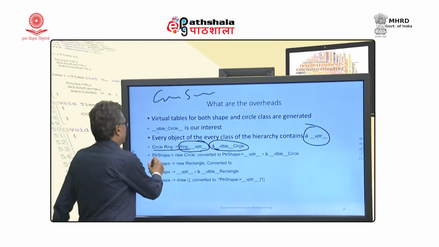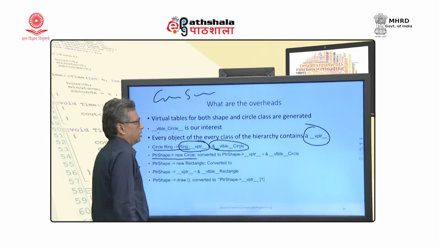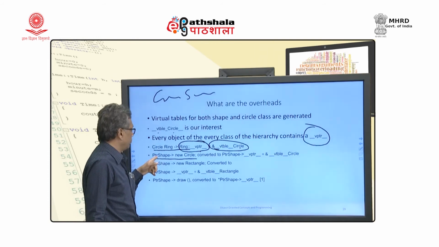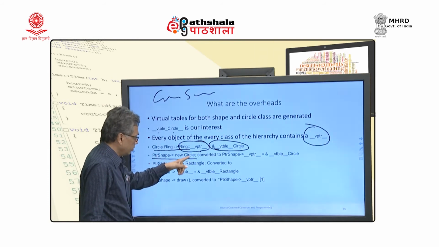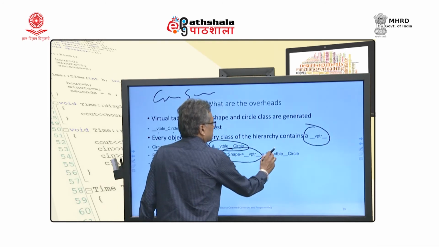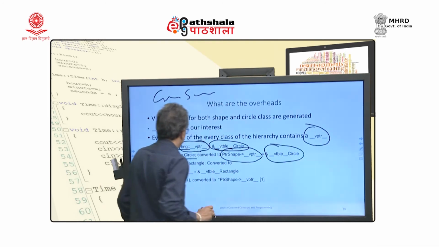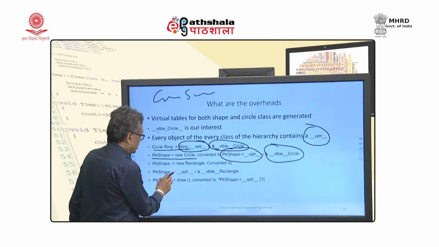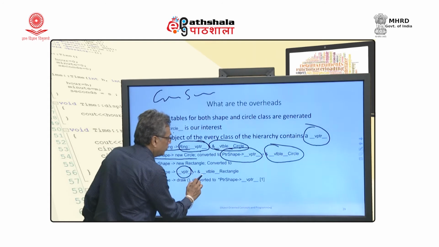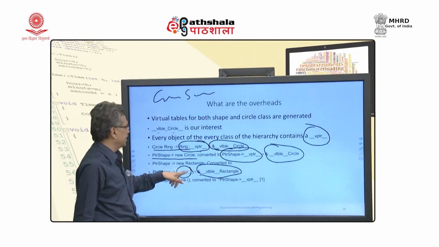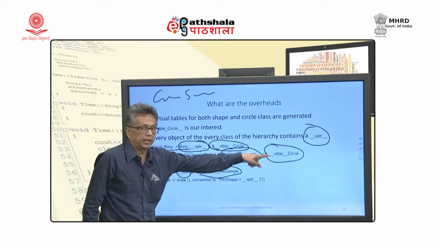In case of PTR new circle, what will it do? It defines a new pointer, but it is pointing to circle. So PTR shape's VPTR is assigned the V table of circle. If I say PTR new rectangle, then PTR shape's VPTR points to the V table of rectangle. So whenever you point to a new object, this VPTR value is reset.